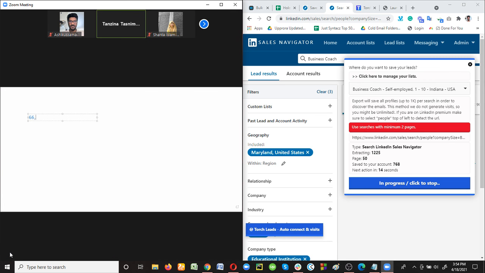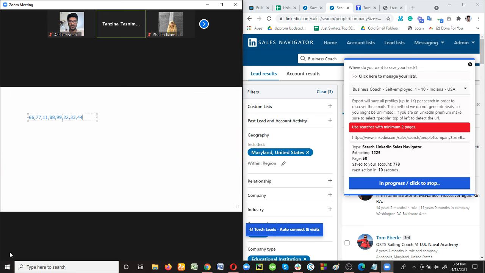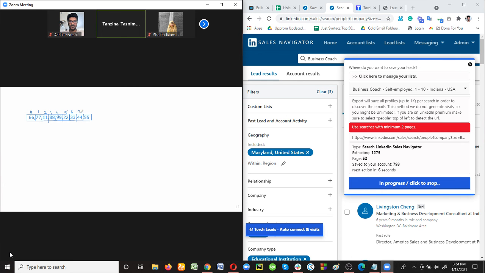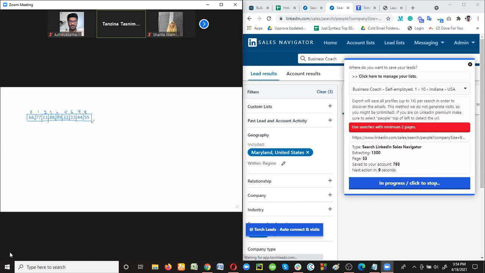Okay, so I'm giving you some data. 66, 77, 11, 88, 99, 22, 33, 44, 55. Suppose these 9 elements are stored in an array. Is this sorted? No. So now we want to apply the merge sort algorithm for sorting the array. So how can we start the procedure? You said that I don't need to explain the whole process, so please help me with this one. How can we start the merge sort algorithm?